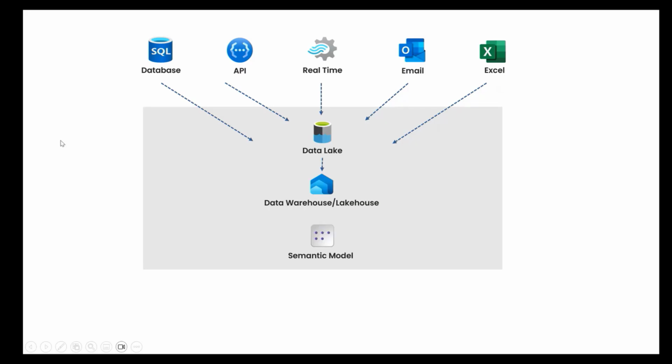The final piece of the jigsaw is the semantic model. Now, this is the business-friendly representation of your data. So whilst the data warehouse is still reasonably technical in terms of how data is stored or how things are named, the semantic model is what brings it to life. This is where all the different areas are joined together already. It uses business-friendly terminology based on your business. And it's the one point of access that most people will interact with the data